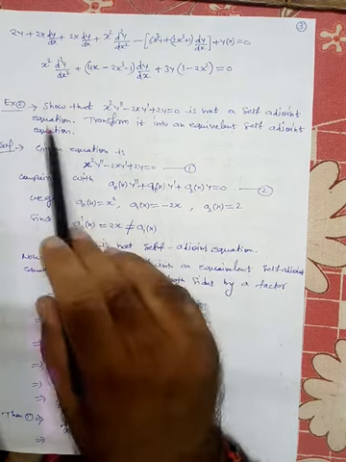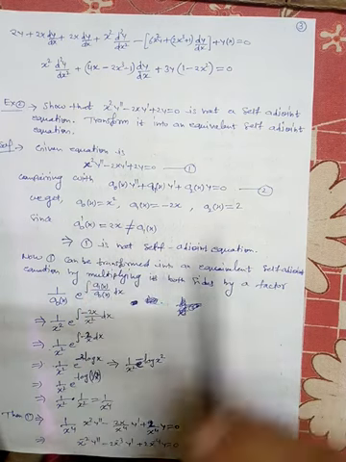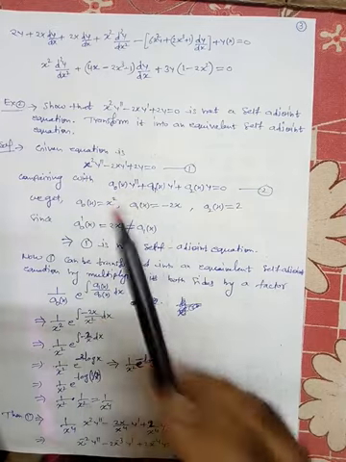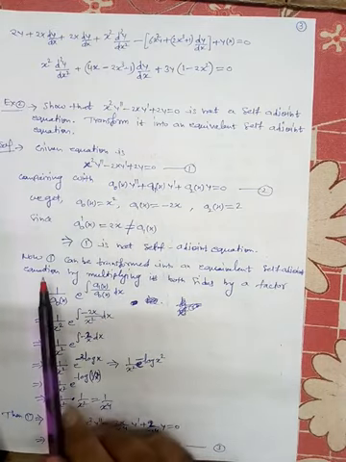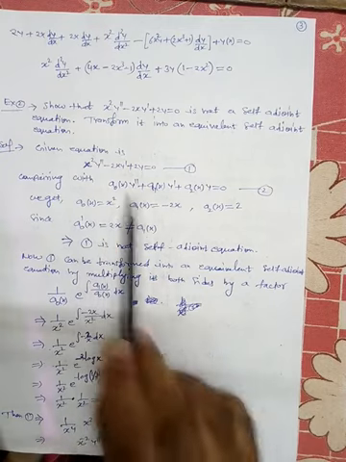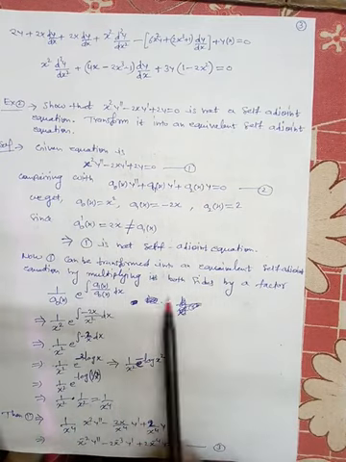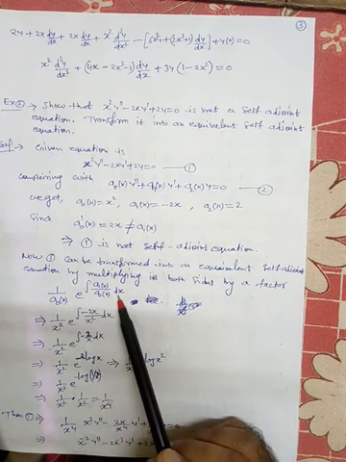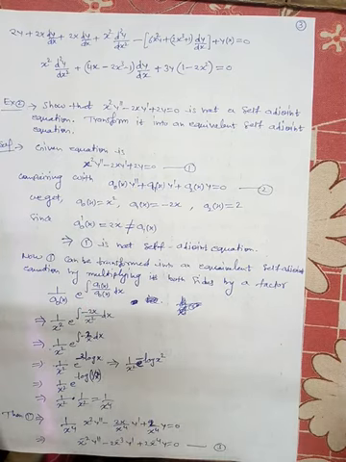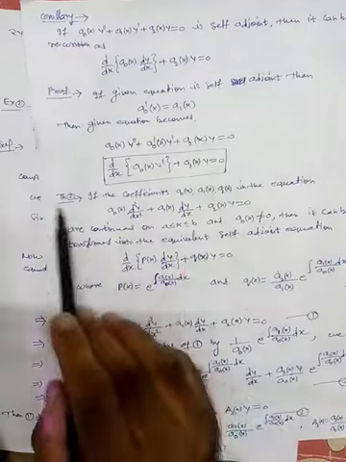Okay, so the first part is over. Now the second part, because this is not self adjoint, but now we have to make it self adjoint. So what do we have to do? Multiplying this equation both sides by the factor 1 by a naught x e raised to the power integral a1 by a naught dx, as per theorem number 2.